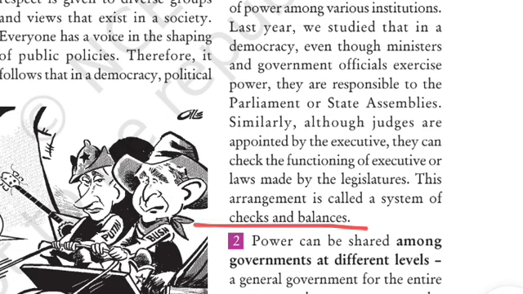Legislature, executive and judiciary. The judiciary can check the legislature or executive as well. Judiciary means judges, and judges are appointed by the president, who is a part of the executive also. So the president is appointing a judge, but a judge can also check the powers of the president, right? So this is the real power here, and this is known as horizontal distribution of power, also called checks and balances. This was the first form of power sharing.